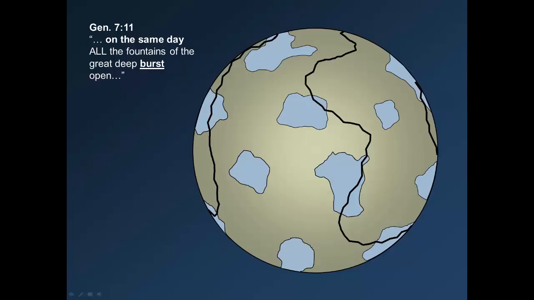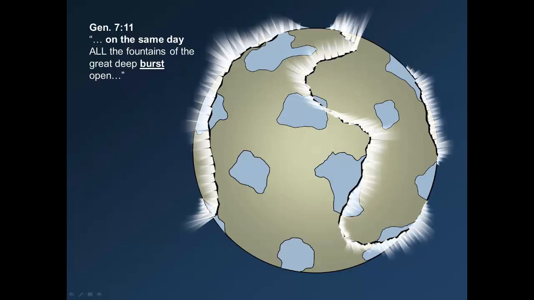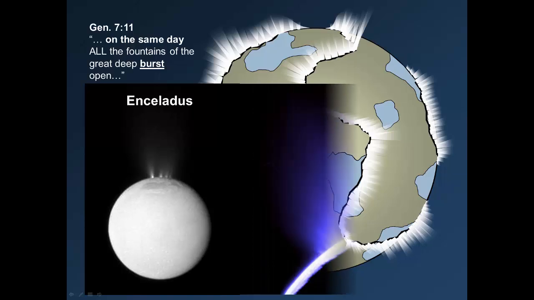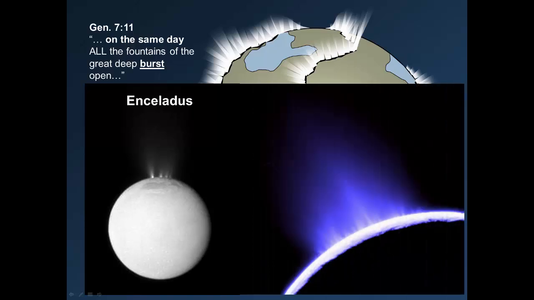Very literal fountains of the deep shot up, accelerating high above the atmosphere at hypersonic speeds. Some scoff at the idea that water could be ejected so high. However, high-speed vapor plumes have been observed presently on the moons of Enceladus and Europa. These examples give a glimpse of the much more powerful forces that Earth would have produced.